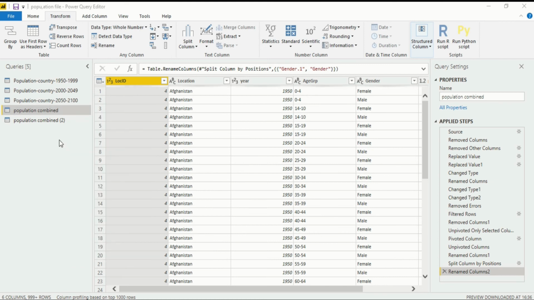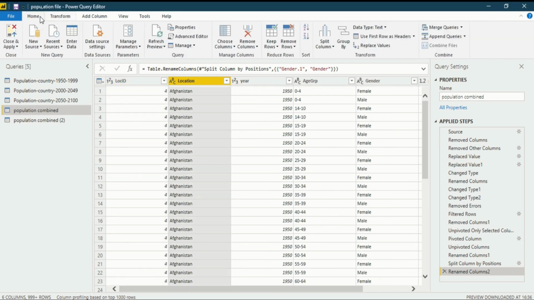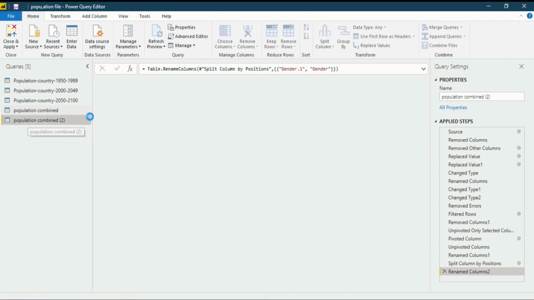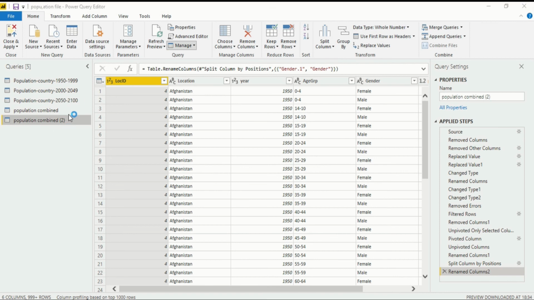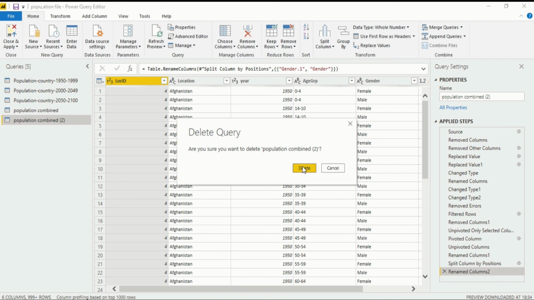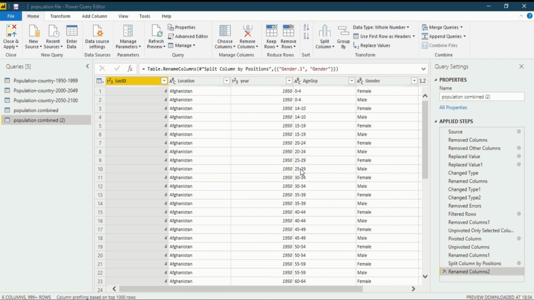There is another option that is also available to you in the Home ribbon. When I click on the Home ribbon, you will find a query section in which Manage will give you the things that you want, duplication or referencing. There is another option that is also available, that is delete. When I have generated the duplicate query, if I want to delete this query, I just have to go to Manage query and click on delete. Then the query that I just made by duplication will be deleted. So this is how the duplication and referencing of queries works, and on clicking delete, the query will be deleted.